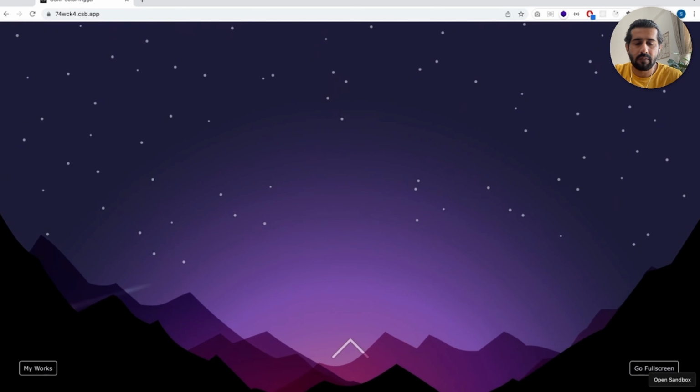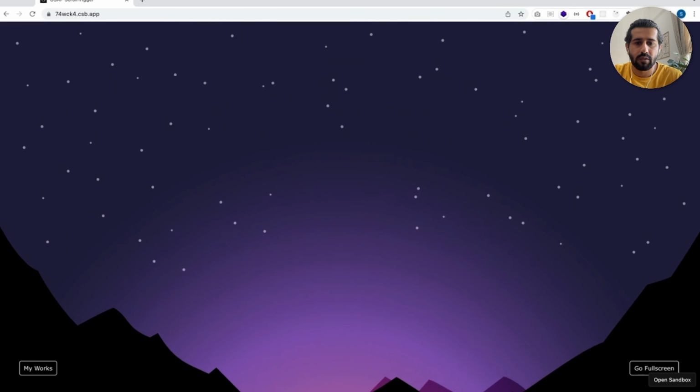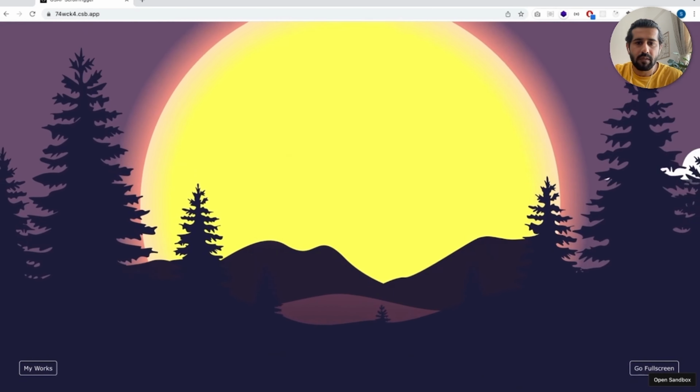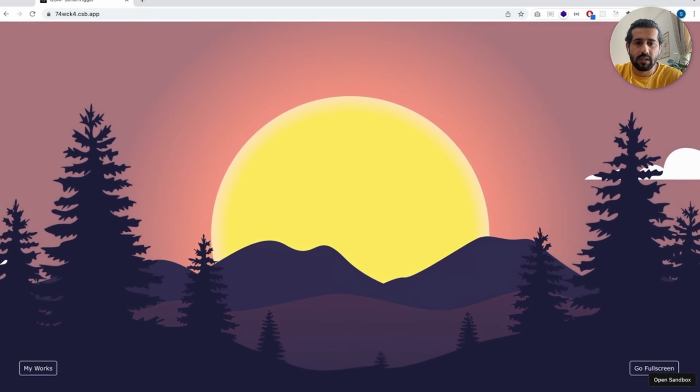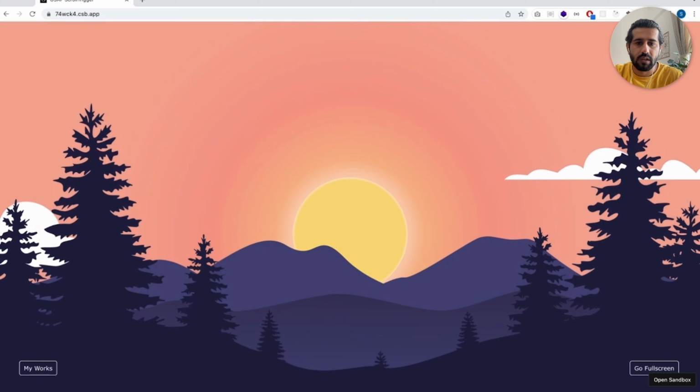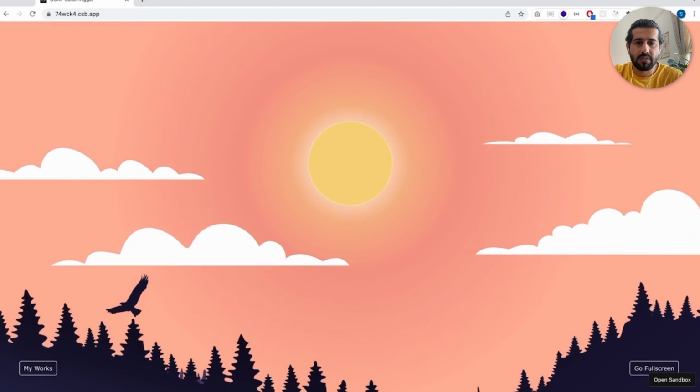It's like a night view. And again, if you scroll back, you will see everything will come into place as it was. The sun is zooming out, the bird is moving,